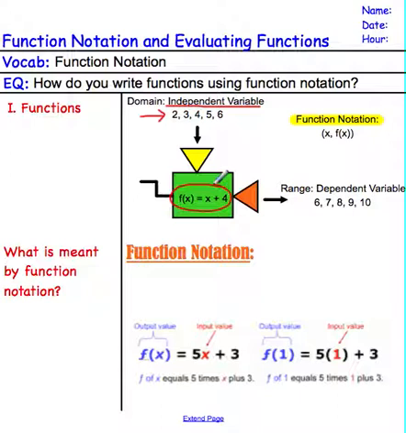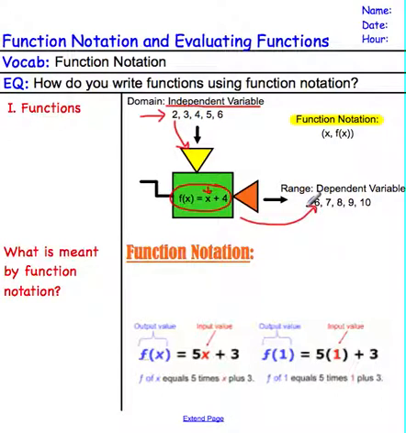In our case, f of x, or our function, is x plus 4. So if we take 2 and put it in there, that means we're putting 2 in for x, and if we take 2 plus 4,